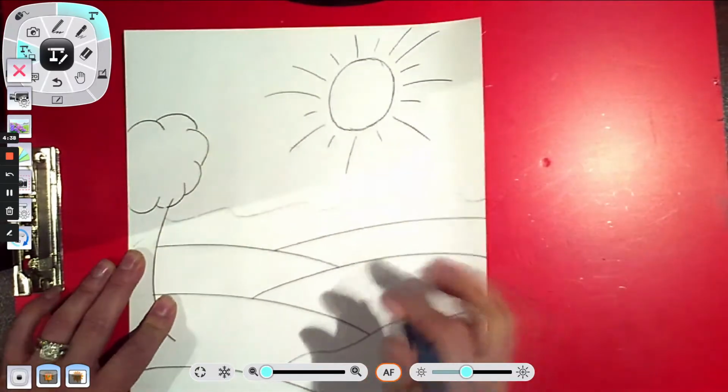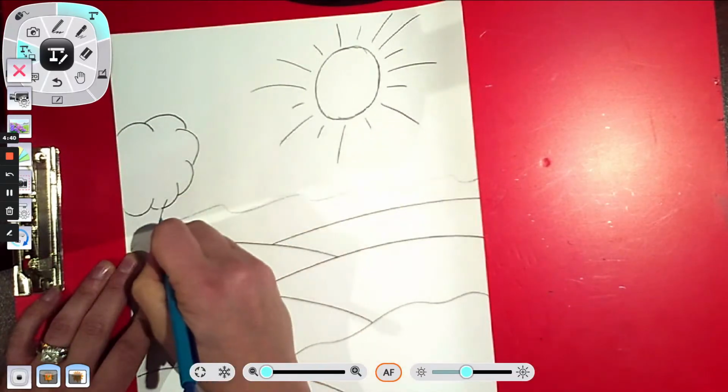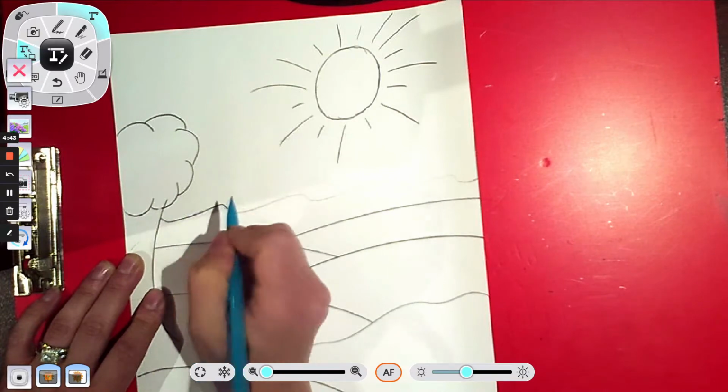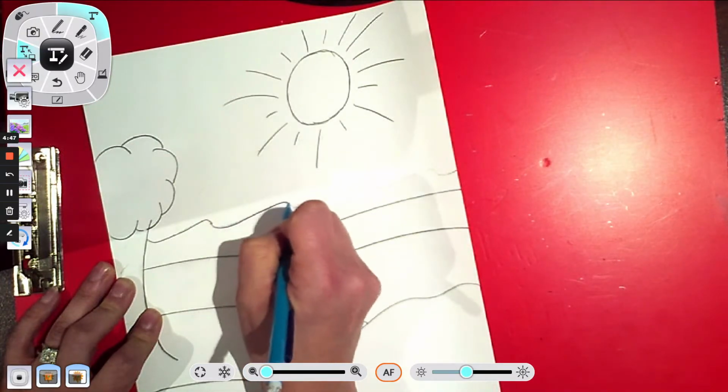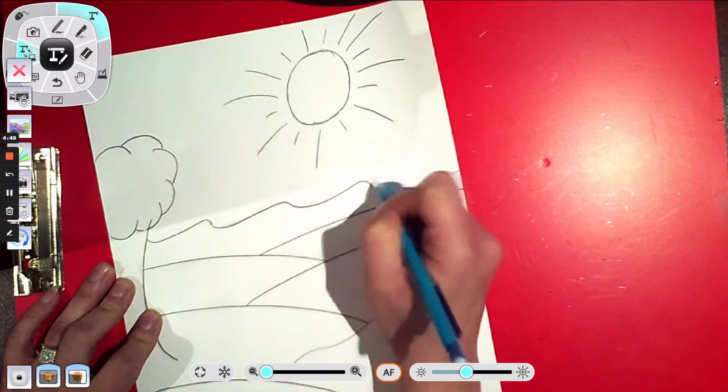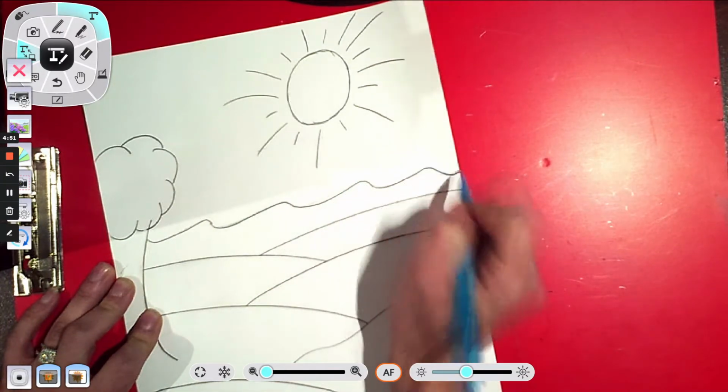Now, before I start to add my textures, I want to clean up my paper. I want to make sure that I've erased everything that needs to be erased. I've darkened lines that need to be darker. And now I can